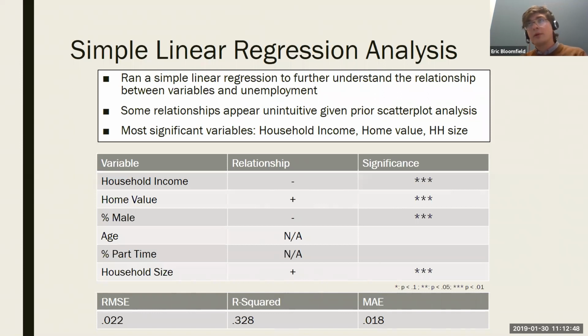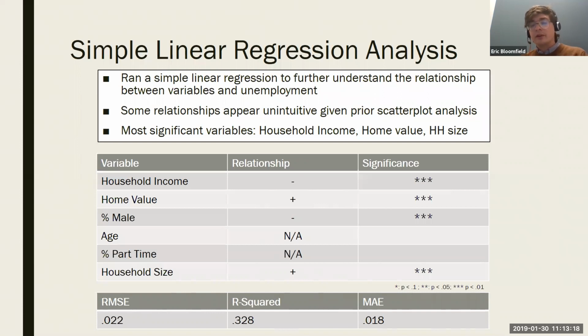This goes against what we saw in that scatter plot, but this might be due to the fact that home value and household income are probably correlated so that they play off of each other and reach an overall effect together. Percent male has a negative relationship, meaning that as there are more males in a county, there are generally lower rates of unemployment. Age and percent part-time did not have a statistically significant relationship, which as far as part-time